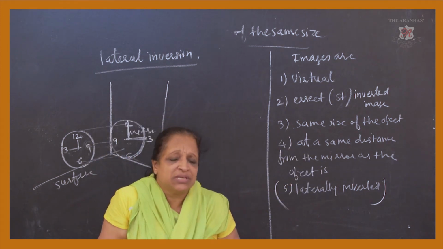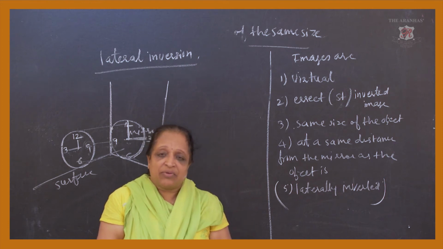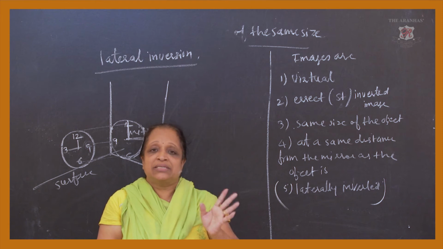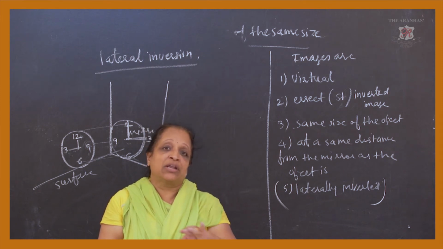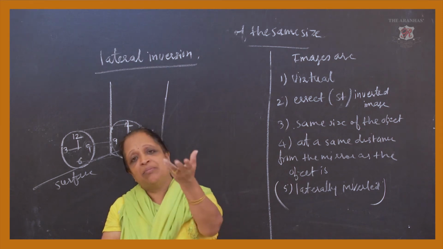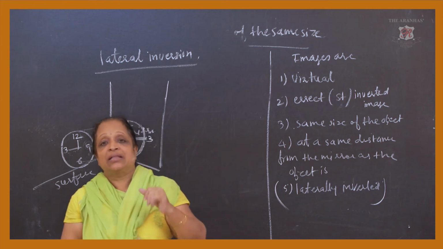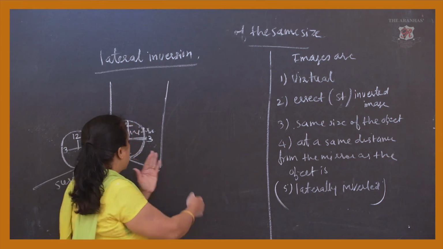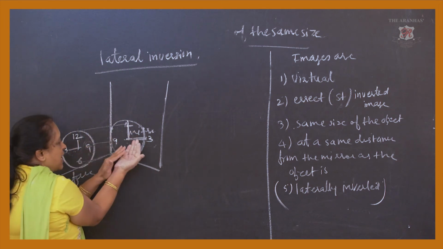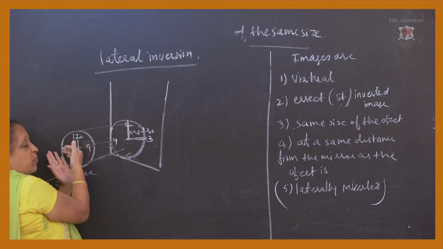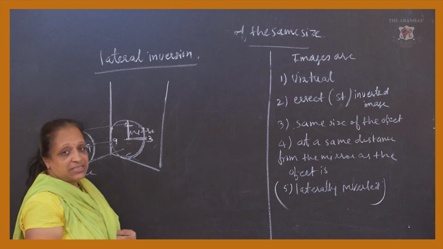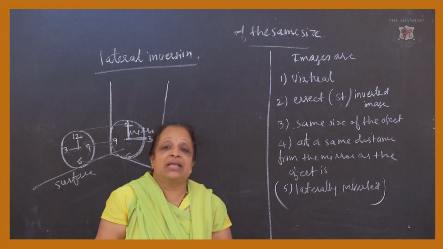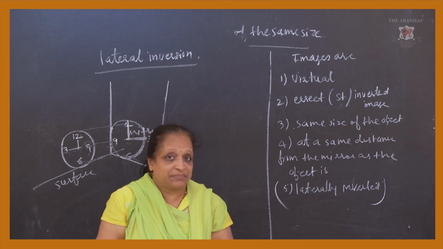Now the question comes here: when we are standing right in front of the mirror, dressing in front of the mirror, the images are not inverted, or not laterally inverted. You get the image as it is, of the same size at the same distance. But when you keep the mirror in this direction and the object is just opposite to this, there are chances that the images you get are laterally inverted only.